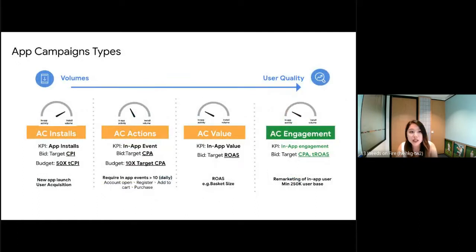After that, we talked about different app campaign types according to your marketing goals. If you're trying to drive volume of installs, definitely go for the AC install campaigns. If you're driving for more engagement, then you can go for an ACE campaign, or app campaign for engagement. We also walked through the different best practices and the bidding strategies that can meet your marketing goals.